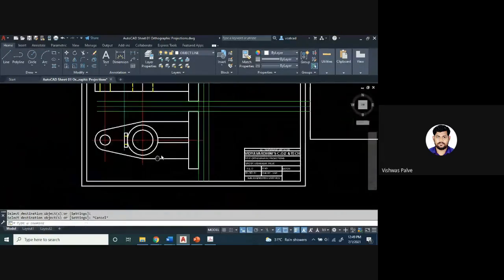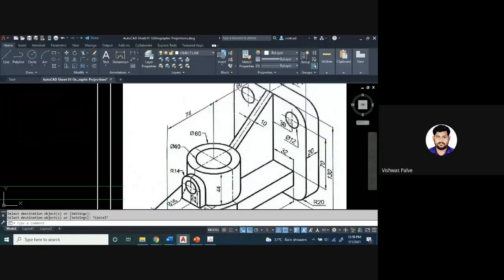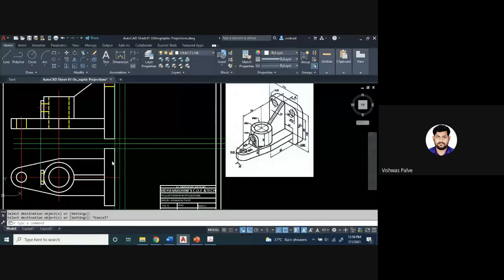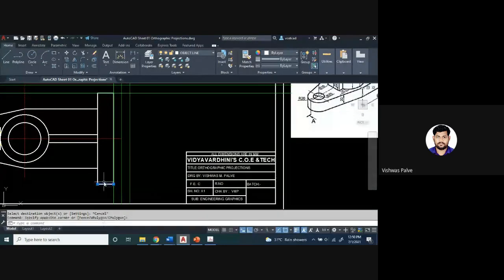Similarly, here you will get a slot, so this won't be visible in top view. So we have to again show it as hidden. At a distance of 20 millimeters, same thing we have to do here. Offset at a distance of 20.